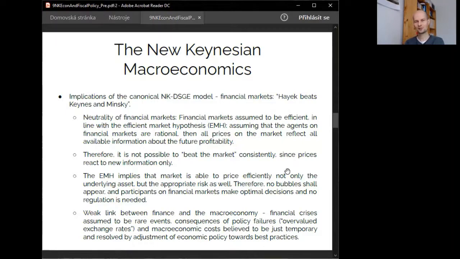It wasn't even assumed that large financial crises can have detrimental and persistent effects on economic activity, even though models with financial frictions and financial market imperfections had been developed even within the framework of new Keynesian DSG models already in the late 1990s. However, these models were not assumed to be important, and these aspects were left out of most macroeconomic models that were used at that time.